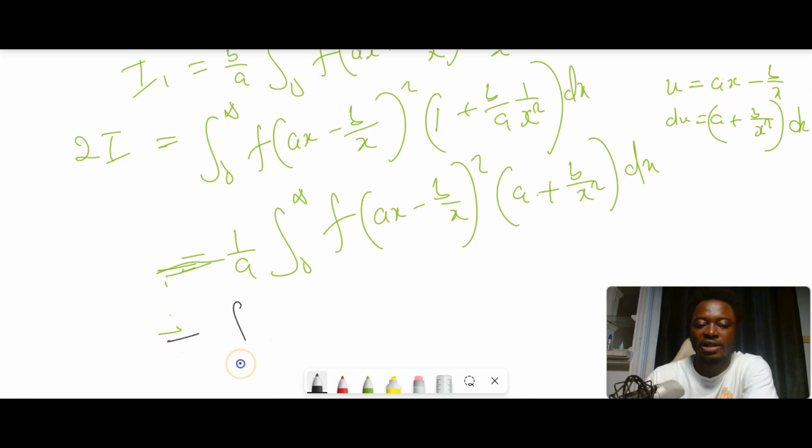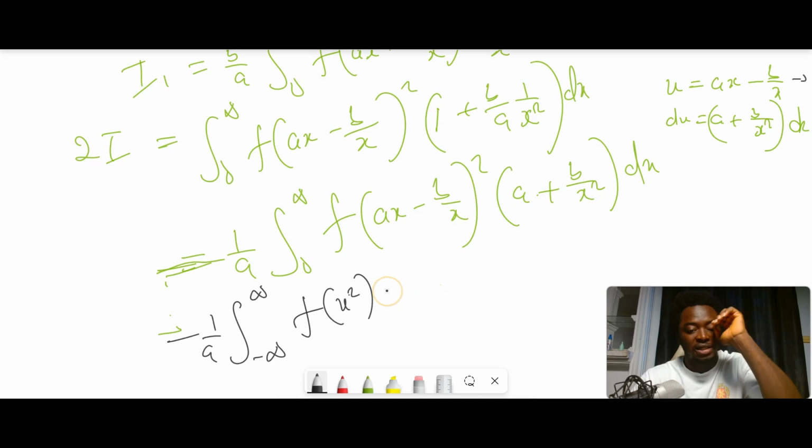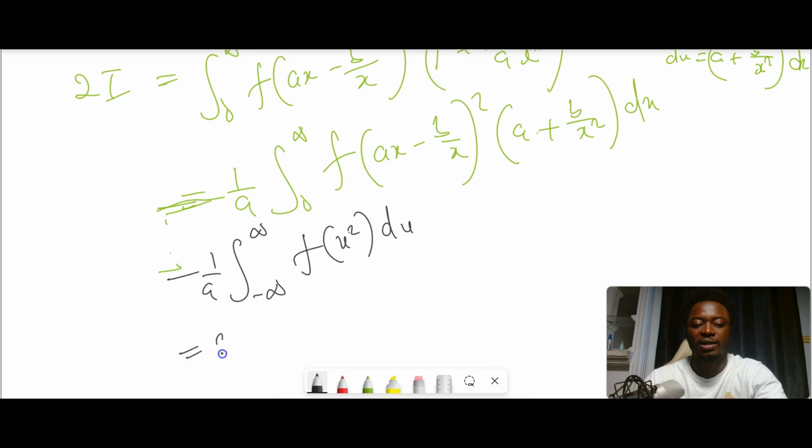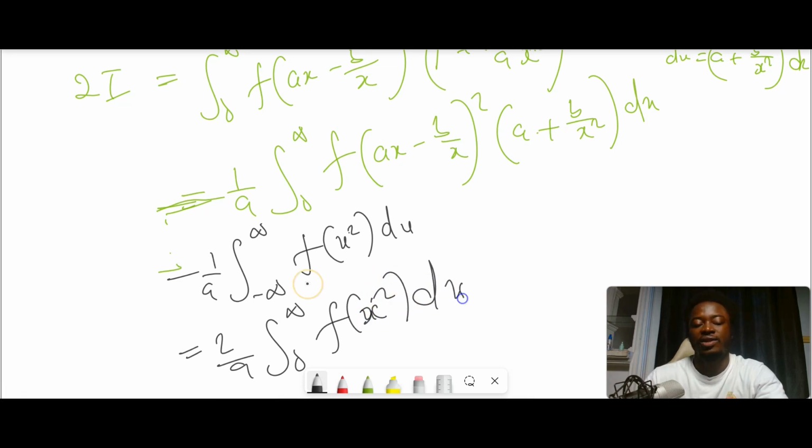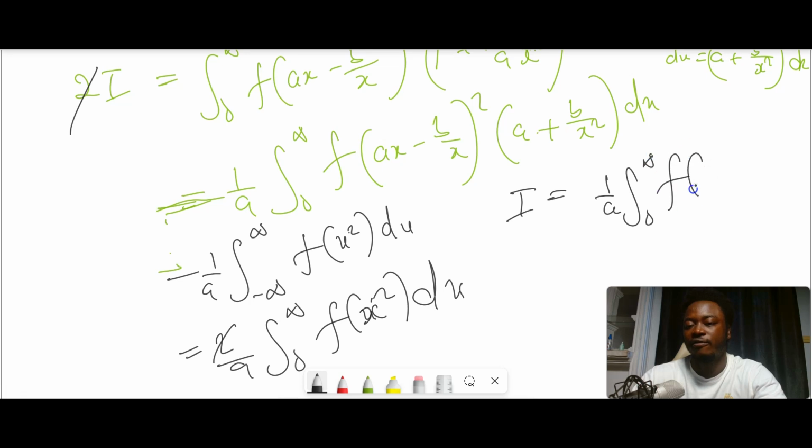So you have the integral from negative infinity to infinity of f of u squared du. Now this is the same thing as twice the integral from 0 to infinity of f of x squared dx. So if you notice, the 2 cancels out, so basically I would become 1 over a times the integral from 0 to infinity of f of x squared dx,